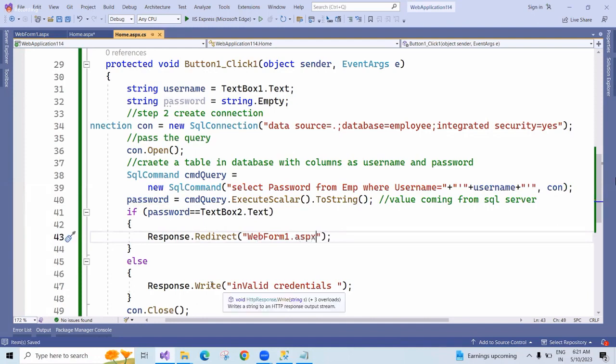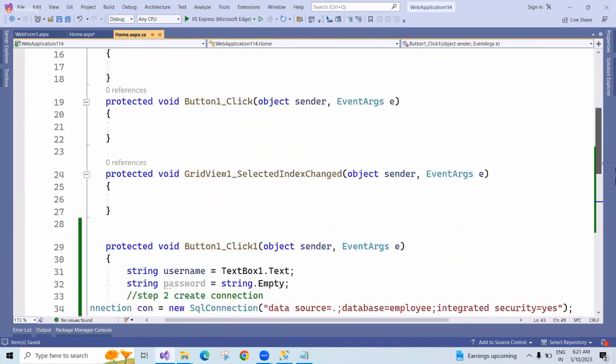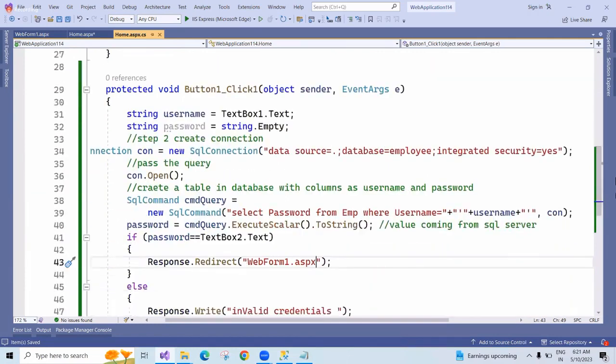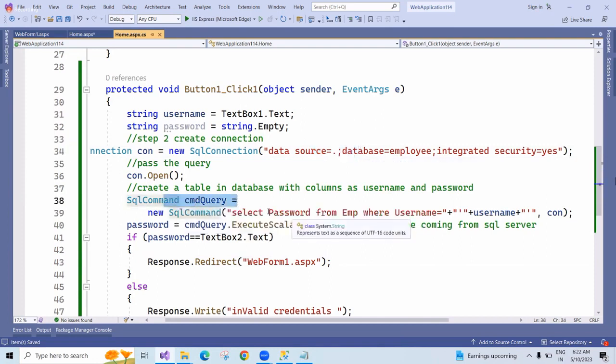Or else we will just write email ID credentials. So people, see here what we wrote: same create connection, the same code. After that the SQL command we have to write. So here what we wrote here, select. See, for example,